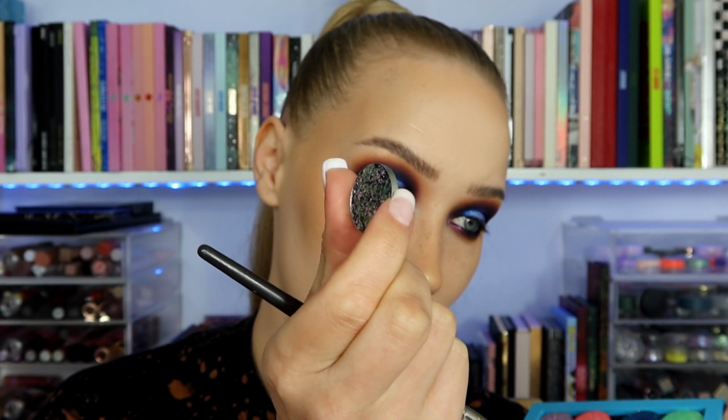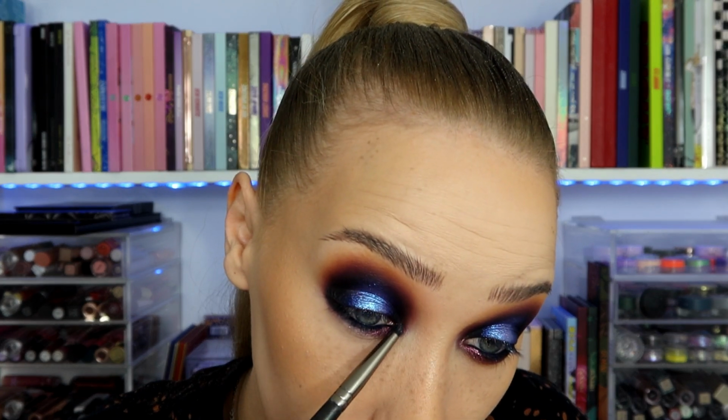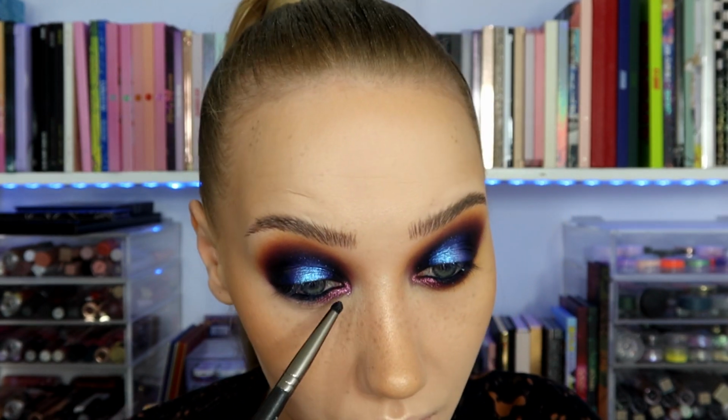So I'm going to take a little bit of, I've already committed to the fraud of not just using the one palette. Phantom, which is like a mauve to green. It's stunning. I'm just going to pop that on there, just over that purple. Again, should probably use a glitter glue because it's so flaky. Again, I do apologise if it annoyed you that I use another shadow, but